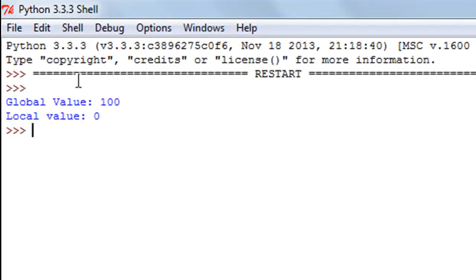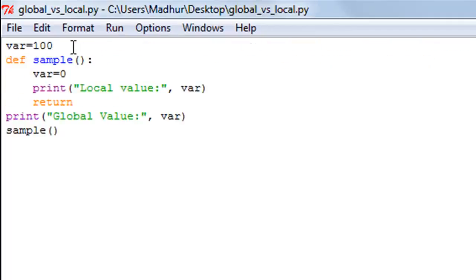I'll save the file, and when I run the program I see that the global value is 100 and the local value is 0, right? This is because this variable is known to have the value 100 outside the function, but as soon as we go inside the function, we have another variable of the same name that has the value 0. So since we are calling this print statement from within the function, and we are accessing the value of the variable var that's local to the function, that's why we are seeing the value 0 printed for the local value. And outside the function we are again going to have access to the global value,